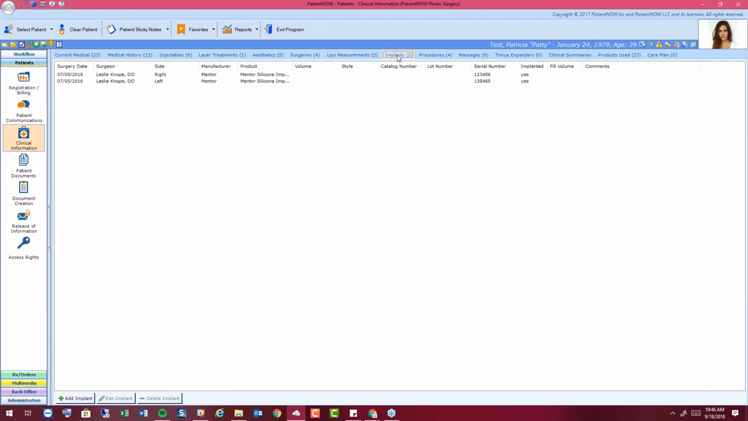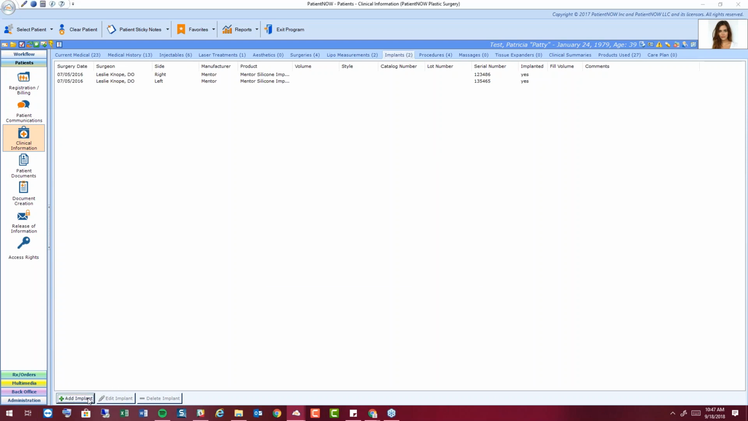The next tab is going to be implants. Practices are able to track their implant lot and serial numbers for their patients. In order to do so, you do need to have your implants loaded into your inventory. To add an implant to a patient's chart, you can click the Add Implant button on the lower left corner